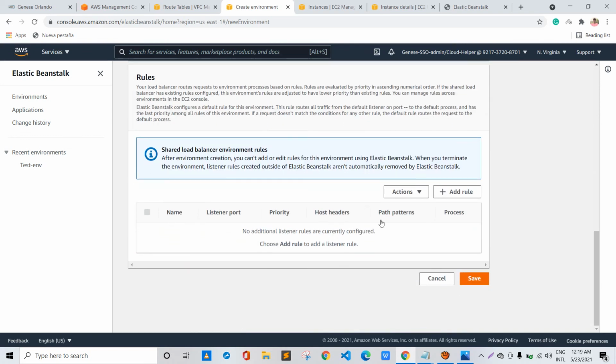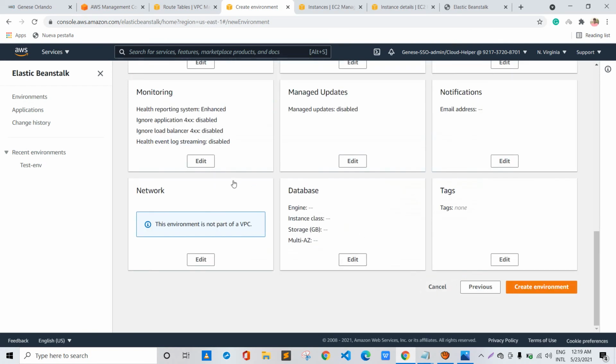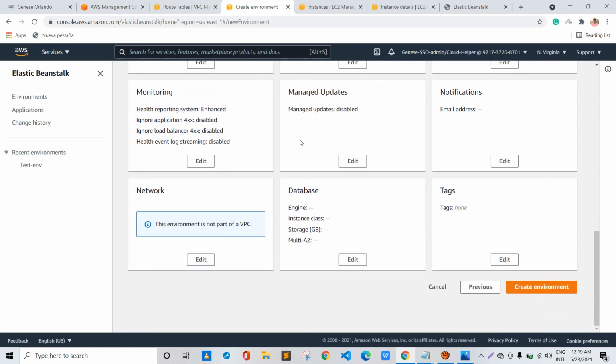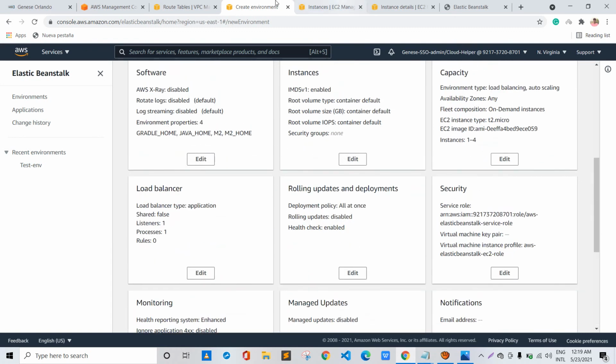Once everything is okay, you can click on save and go back, choose other requirements as per your need, and proceed with the creation of the environment, and AWS Elastic Beanstalk will create the environment setup automatically within a few minutes.